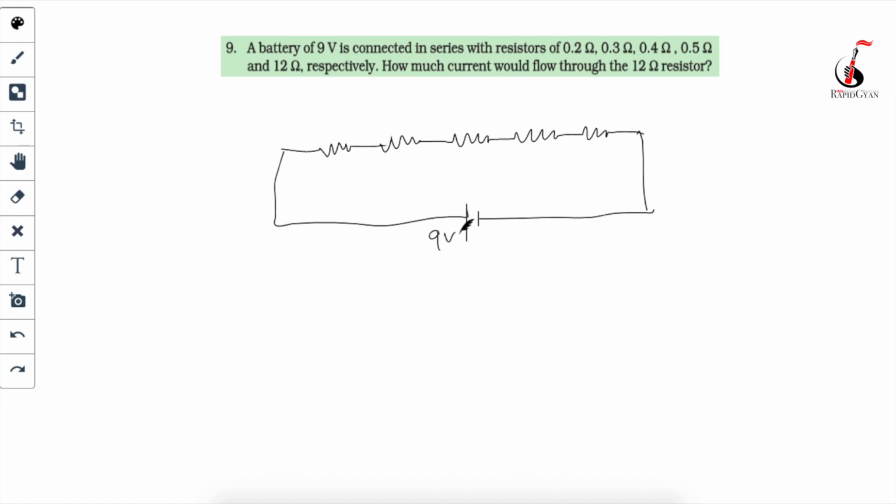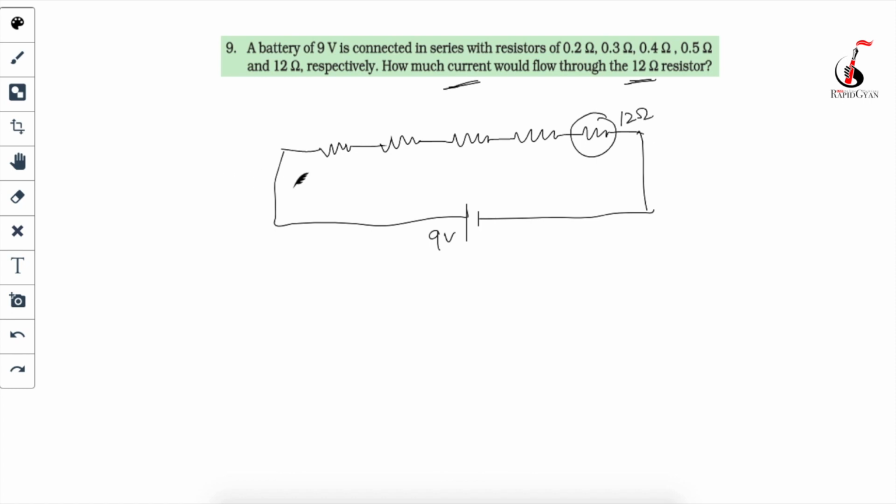Okay, so what you are seeing, beta, is that they are connected in series, but what is the question asking? They are asking how much current will flow through the 12 ohm resistor. Suppose this is your 12 ohm resistor. Okay, so if you remember, whenever I was explaining resistors in series and parallel in my previous videos, what I explained is that in case of series connection, there is no change in current. Means the magnitude of current will remain the same across the circuit.